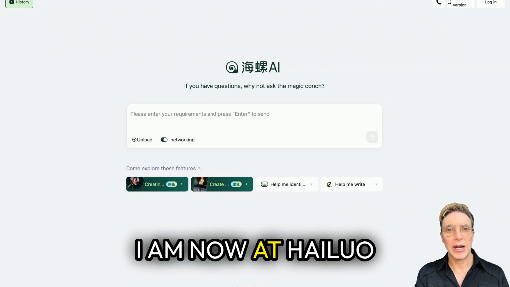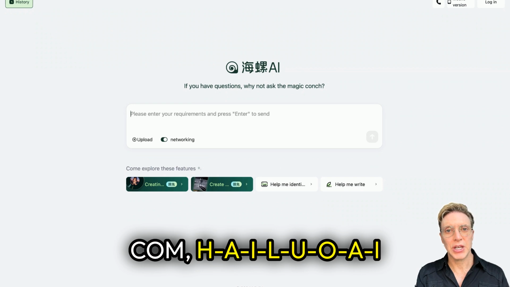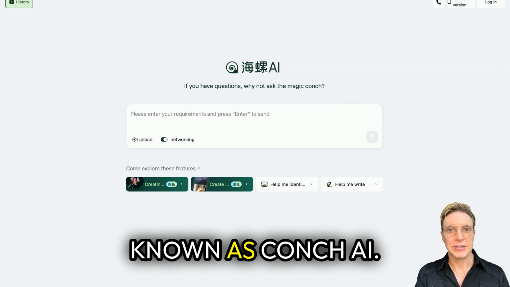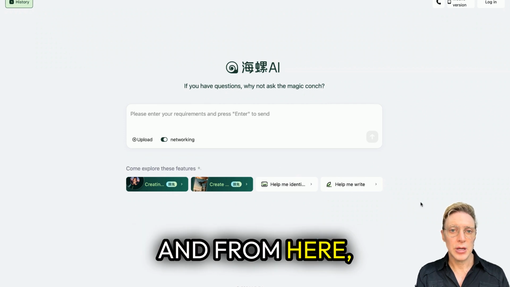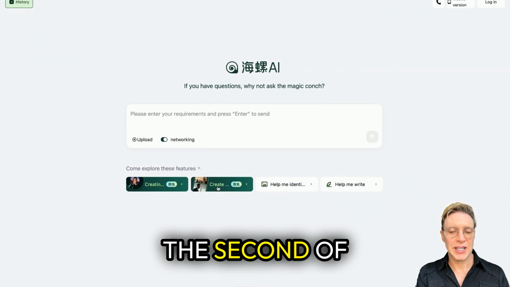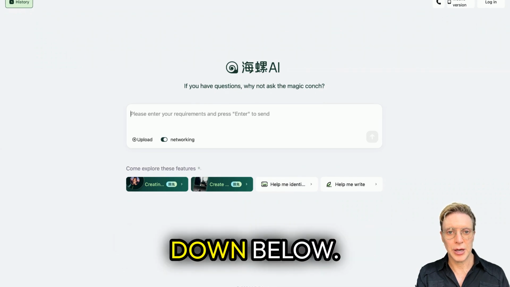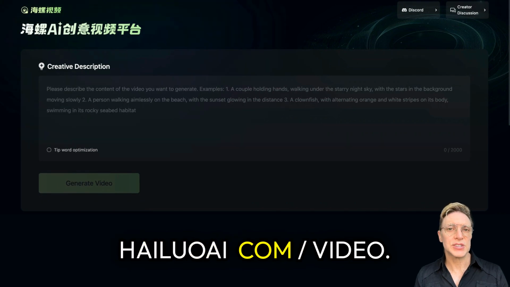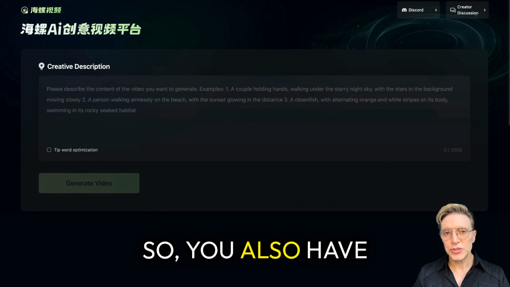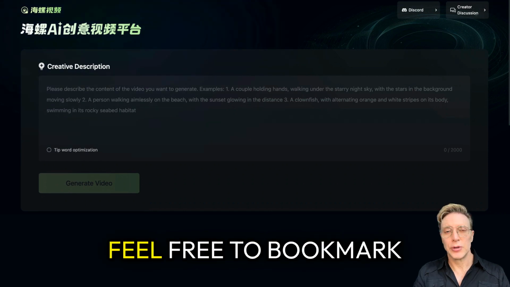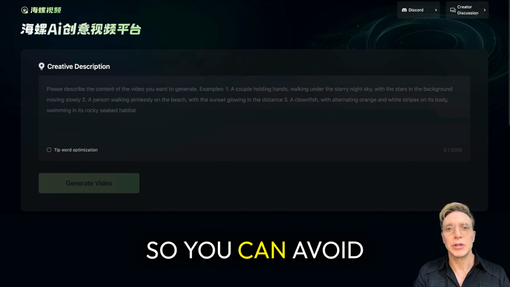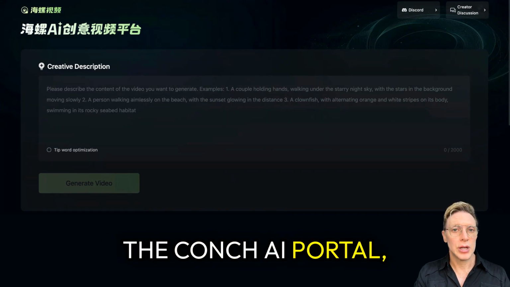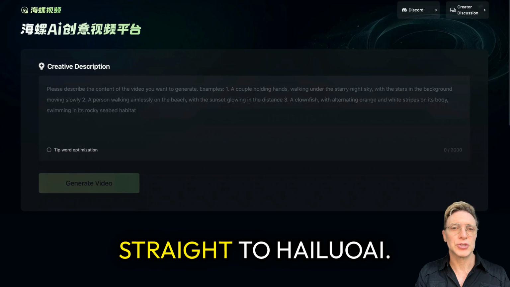Okay, I am now at HAILUOAI.com, which is also known as Conch AI. And from here, I want to click the second of these 4 buttons down below. Click right there. We are now at HAILUOAI.com/video. So you also have the option of going directly here. Feel free to bookmark this in your browser so you can avoid having to go through minimax.com and then the Conch AI portal and then getting here. Instead, you can go straight to